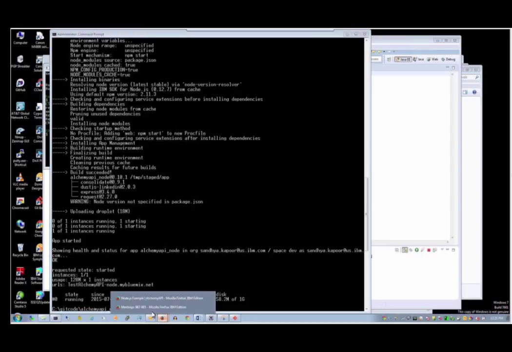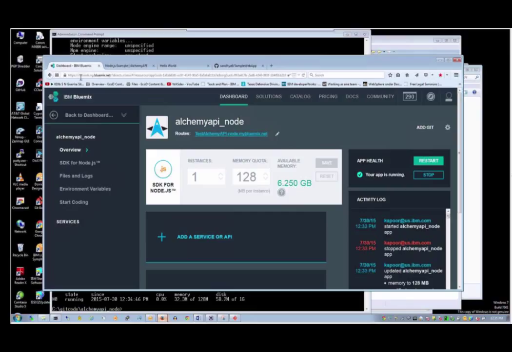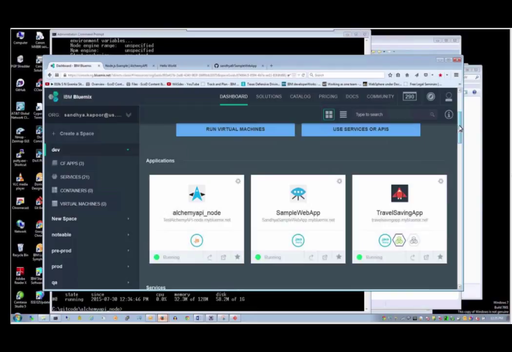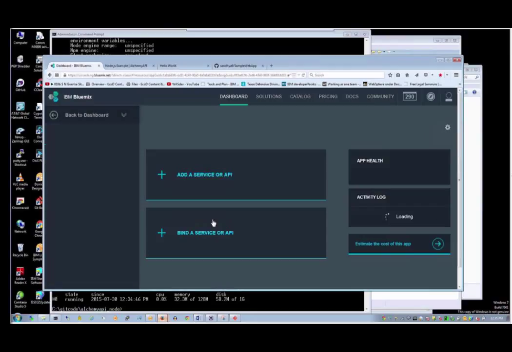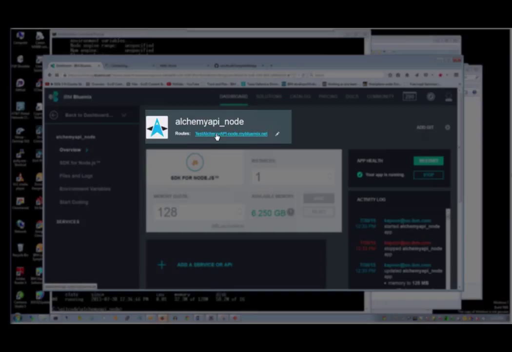Once the application is running, you can see the application on bluemix.net by logging in with your IBM ID and password. Now invoke the application via the URL